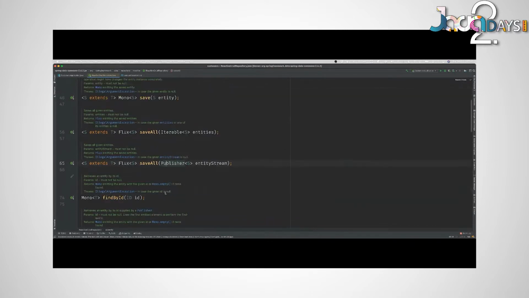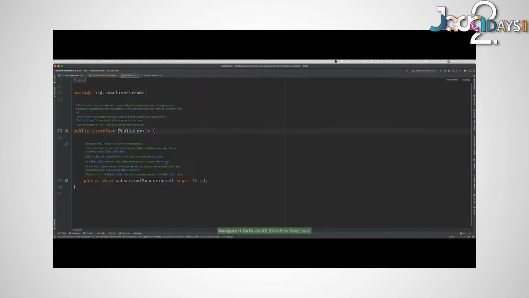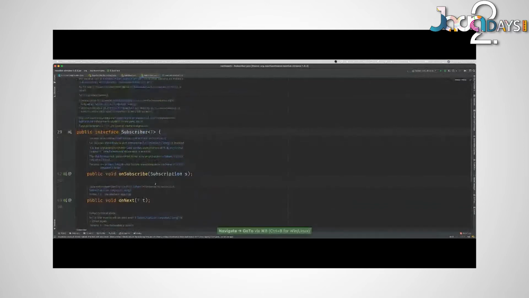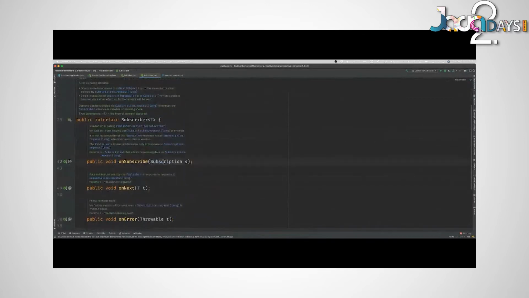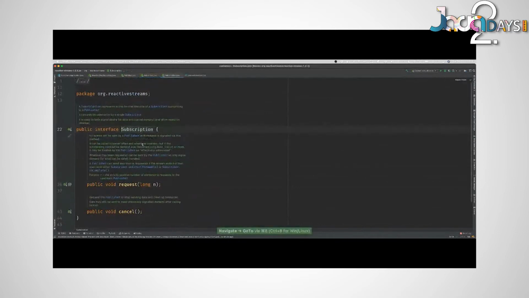The first parameter type that you'll see a lot in reactive programming is org.reactivestreams.Publisher. Now, org.reactivestreams.Publisher is a type that produces data asynchronously to a subscriber. It broadcasts or emits or publishes this data asynchronously to a subscriber. When the subscriber first subscribes to the Publisher, it is given a subscription. And this is very important. We'll come back to the subscription in a second.